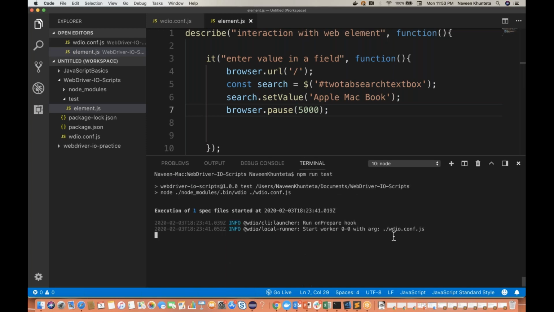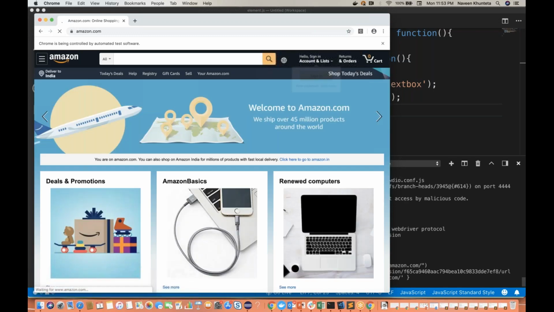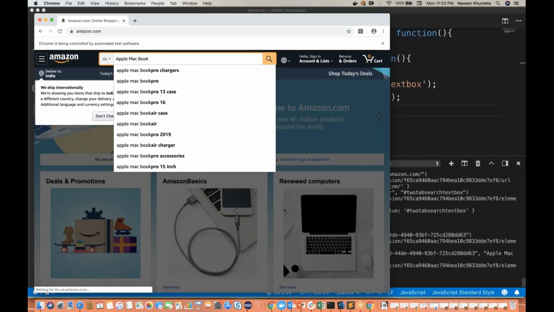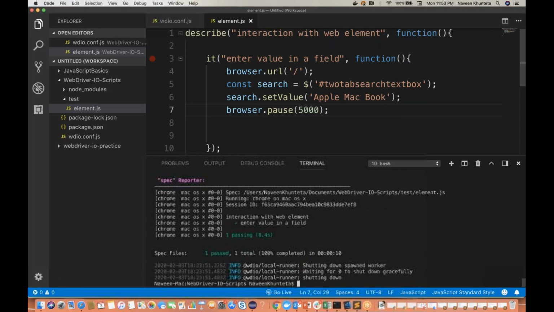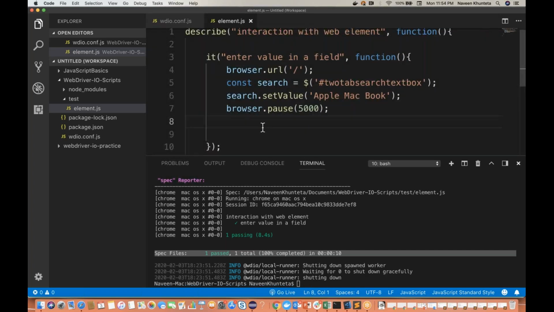Okay, npm run test. After entering Apple MacBook, it will pause the script for 5 seconds. Now you can see that Apple MacBook got entered, and after 5 seconds, the browser will be closed and you can see the results got passed. Okay, like that. So similarly, this is how we have to enter the